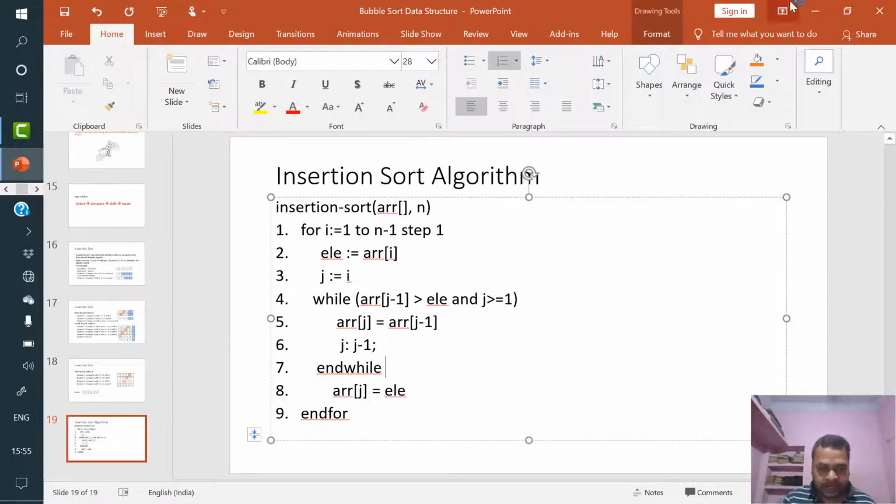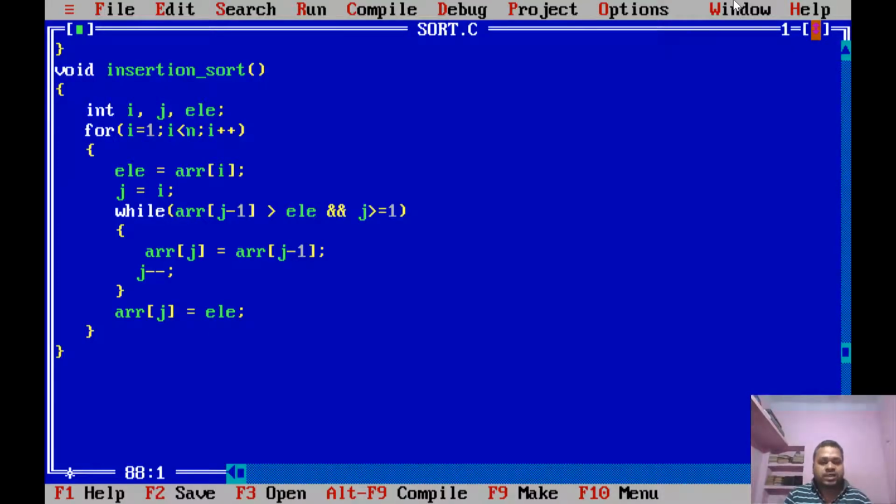Now let's program it in C to see if it is correct. This is our program, which I have already written. Here I have taken i, j and element as variables. In the for loop I start from 1 and go to n minus 1.